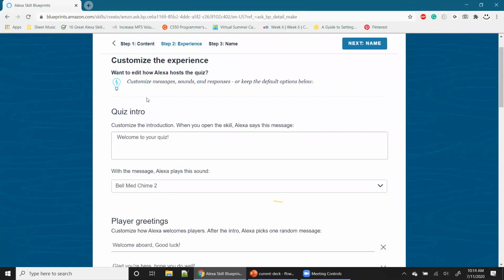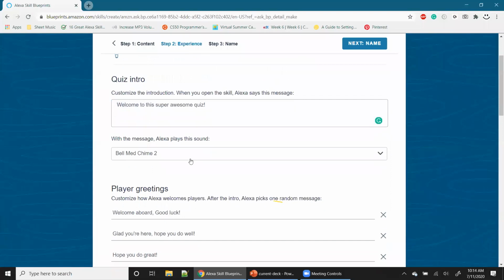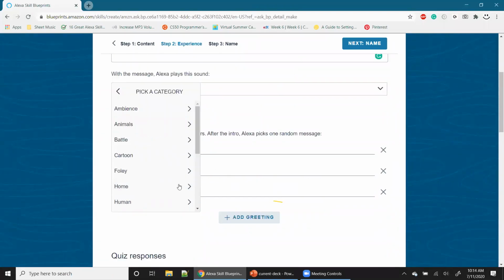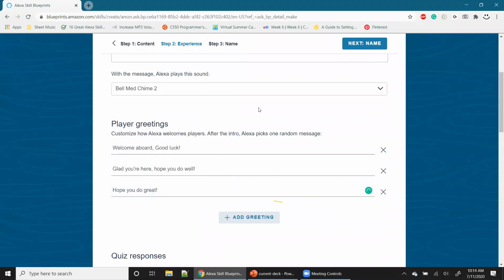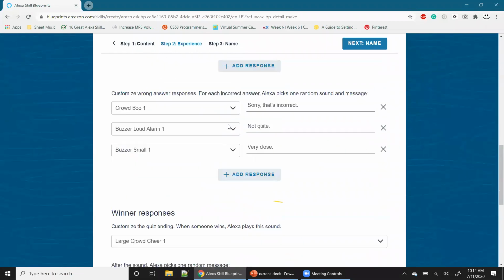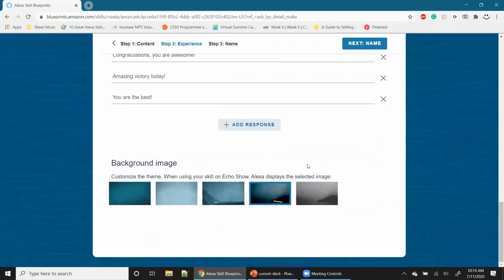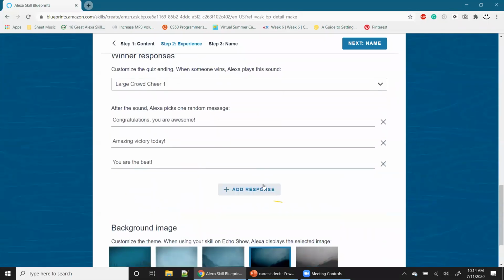This determines how Alexa hosts the quiz. For example, let's say this quiz intro. Right now it says, welcome to your quiz, but you could make it say, welcome to this super awesome quiz, something like that, whatever you choose. With the message, Alexa plays this sound, bell, med, chime, too. Again, you could change that from all these different categories. There's also player greetings, quiz responses, winner responses, and even if you have an Echo device with a screen, you can choose a background image from these five. You can add as many responses as you want, and then it's time to move on to the final step,